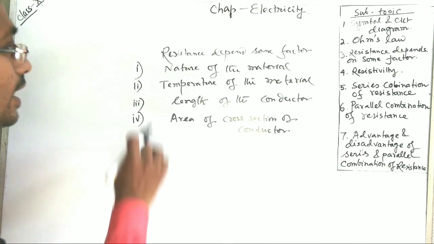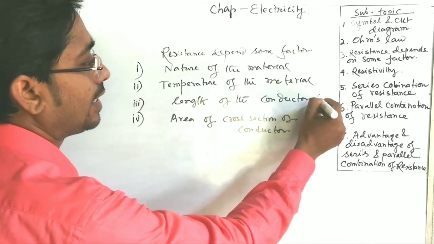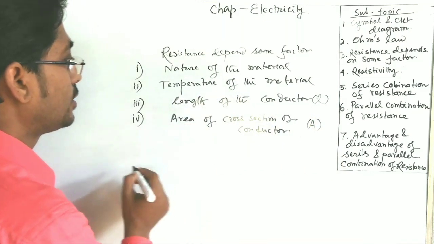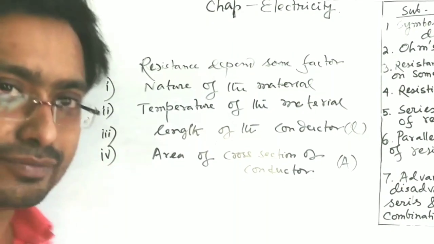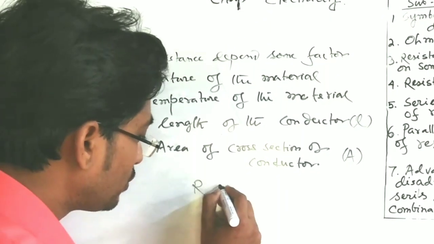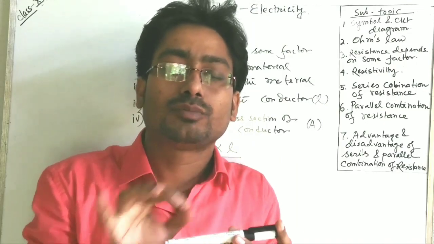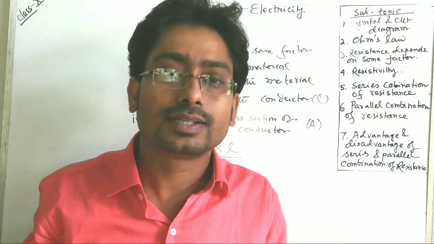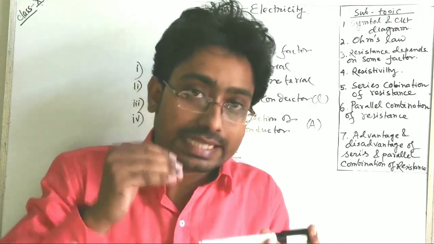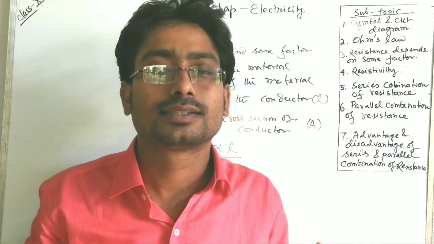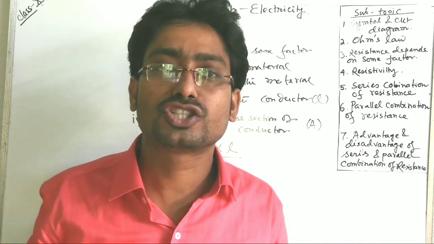Now the length of the conductor, suppose that is L, and the area of cross section, that is A. So how are they related to the resistance? If we take the 3 and 4, then we can write resistance depends on L, length. It is directly proportional, because if the length of this conductor is doubled, then resistance will also be doubled, because in this case the electron has to overcome the double path, double opposition, that's why.